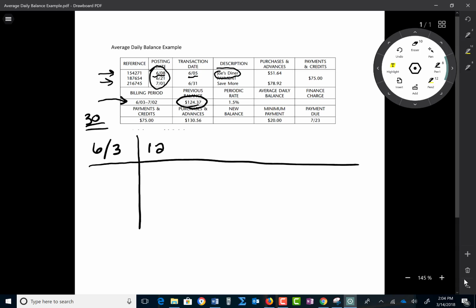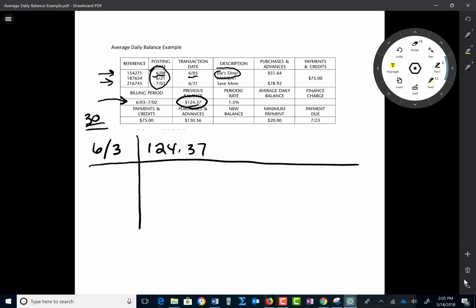So it was $124.37. And you have to figure out for an average, because with an average, you add up all the things that you have. Like if you were doing grades, you would add up all your grades and divide by the number of grades that you have. So you have to add up all your balances and divide by the number of days, which in this case would be 30. So on June 3rd, your balance from last month was